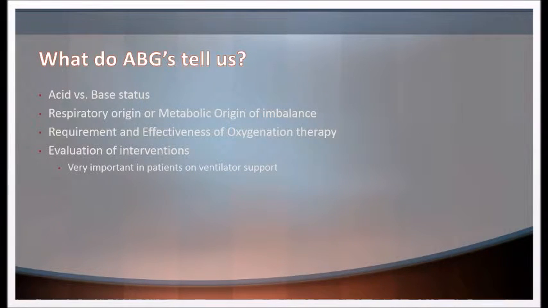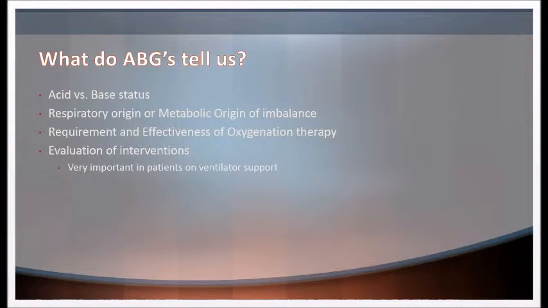So what do ABGs tell us? Obviously, they tell us about the acid and base balance, which translates to the respiratory or metabolic origins of the imbalances. They tell us about the requirement for oxygen therapy, or the effectiveness of oxygen therapy. So it will tell us if oxygenation therapy needs to be initiated, or if it is initiated, whether it needs to be enhanced further. And obviously it's used for evaluation of interventions, which is very important for patients